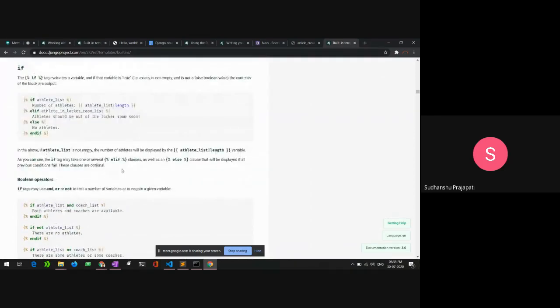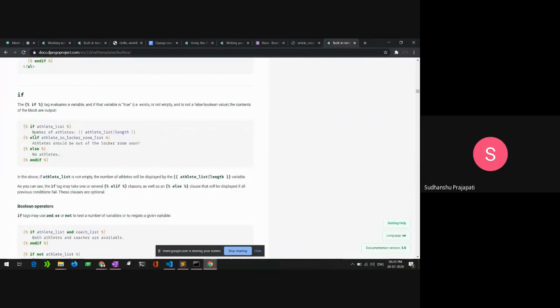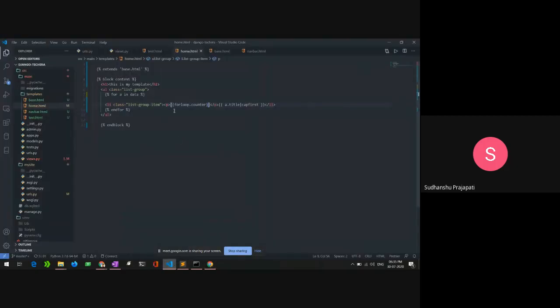If you are familiar with Python's if and else, I don't see any problem working with if and else inside the HTML. But still, what I can show you is a simple condition here: if forloop.counter is equal to 2,